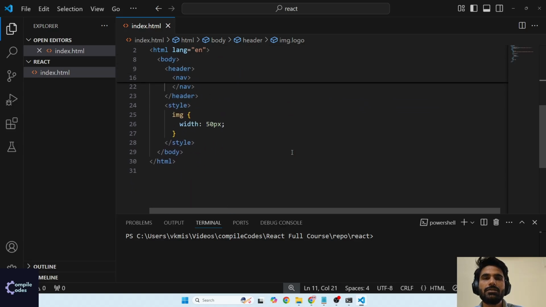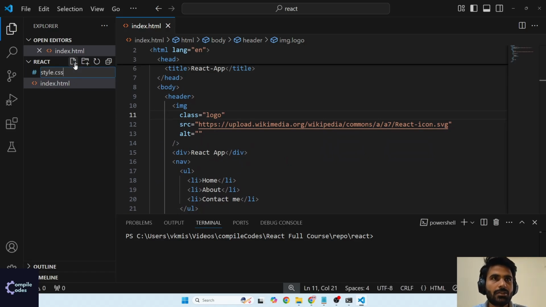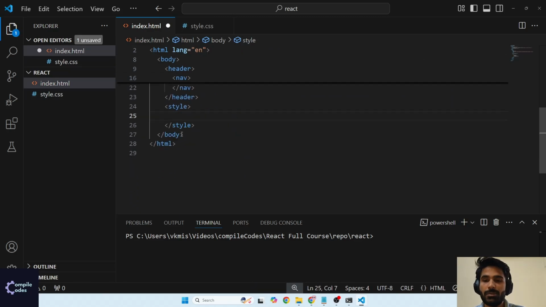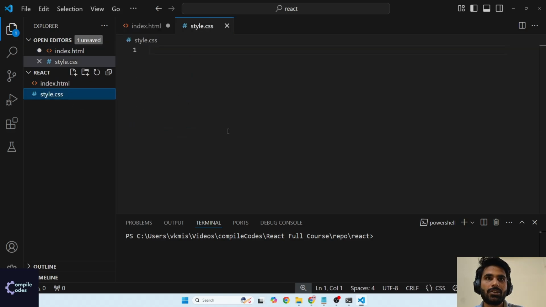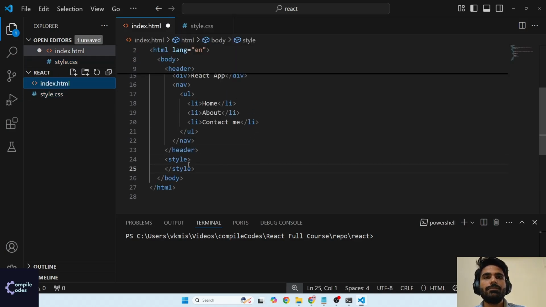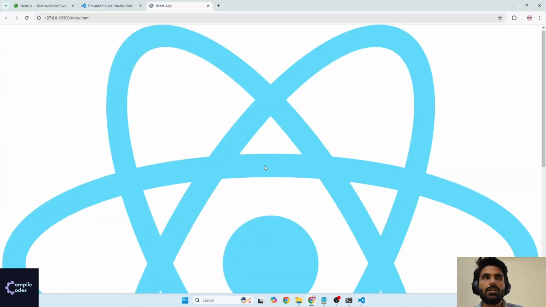And the third method would be you create a separate file. Let's name this style.css. और ये जो क्लास है, जो एलिमेंट की स्टाइलिंग है, इसको यहाँ से कट करते हैं, style.css में लेके आते हैं और पेस्ट कर देते हैं. आई थिंक कॉपी हुआ नहीं, नो प्रॉब्लम. विड्थ 50 पिक्सल. ठीक है. तो what you need to do is mention that path which is style.css. इसको सेव करो और